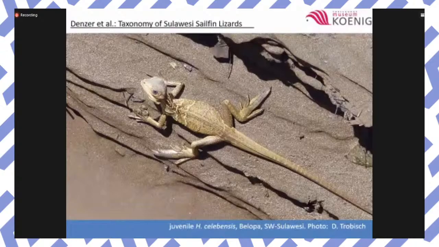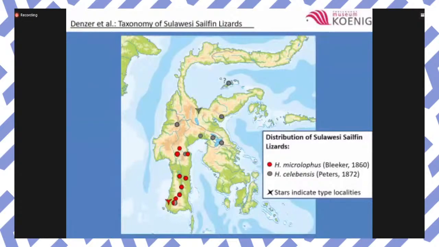Probably this is a juvenile, which looks very similar to the one of Microlophus, but as I said, the defining characters or diagnostic characters become clear only when they are adult. So from the available specimens, we created this map, and there are not many larger specimens in zoological collections and natural history museums, probably also due to the size of these lizards. Nevertheless, it became obvious that